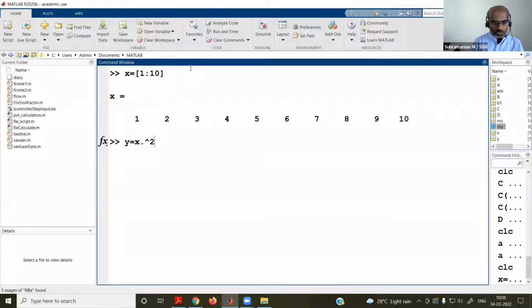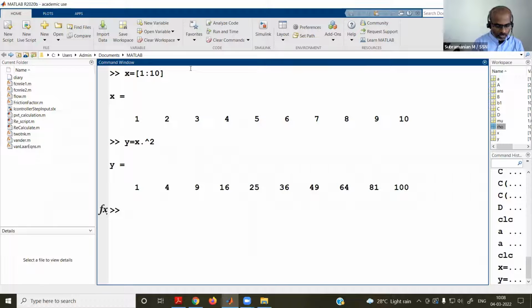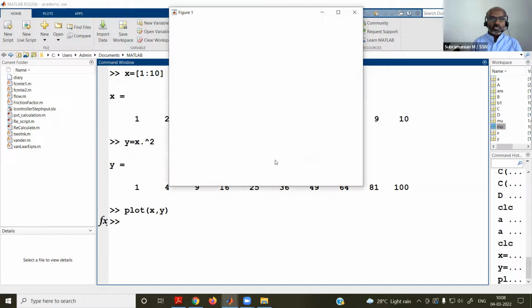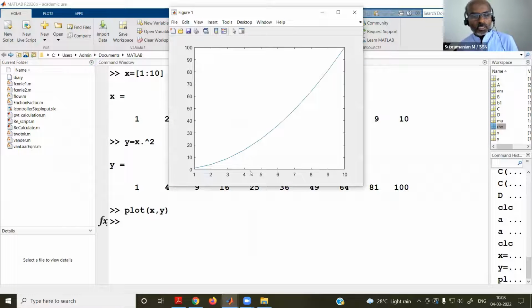What is the meaning of that? Every element of x will be squared, and simply plot x comma y. This is enough for making a plot. I should get the plot coming now. Where is that plot? Yeah, coming. See, you can get the plot easily.